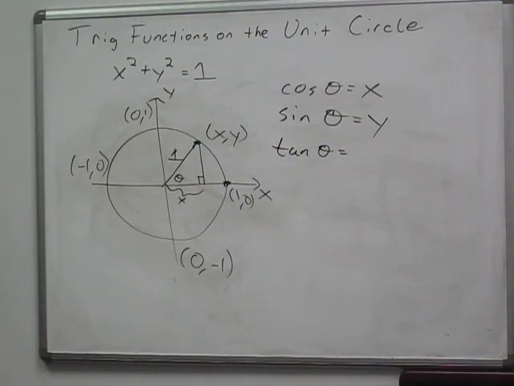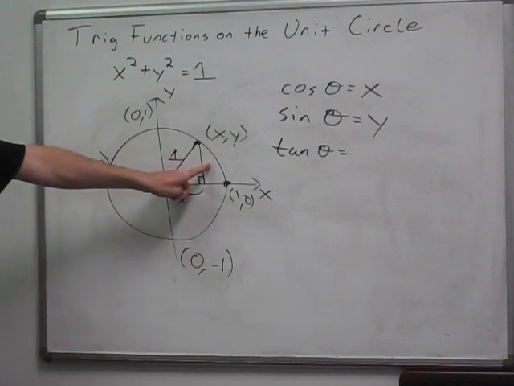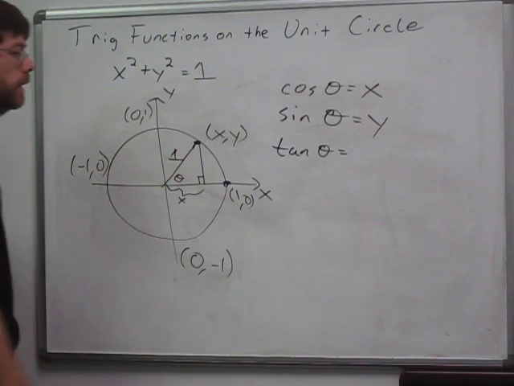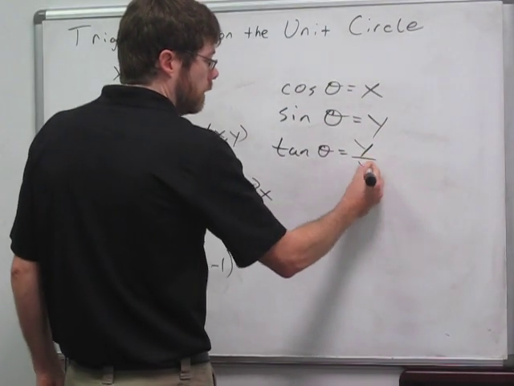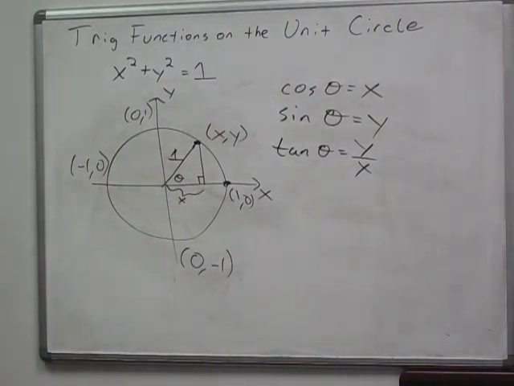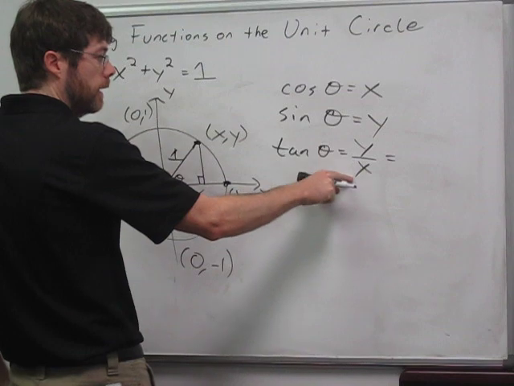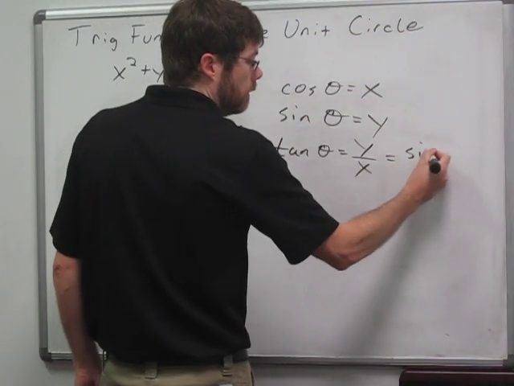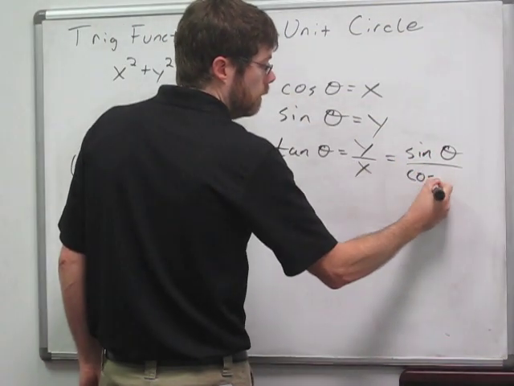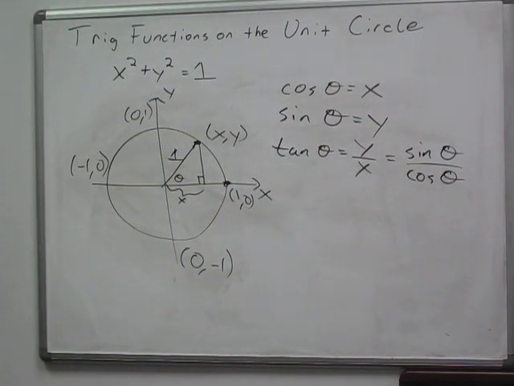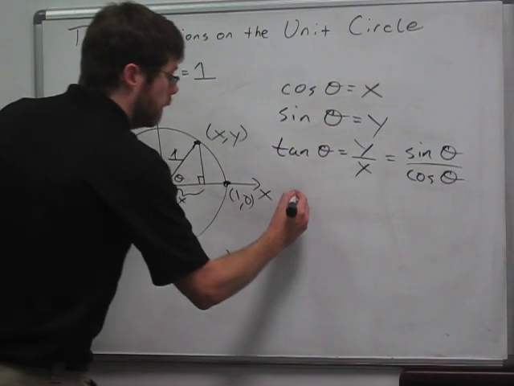Tangent of theta is the opposite over the adjacent. The opposite is the y coordinate. The adjacent is the x coordinate. So tangent of theta is y over x. And we see an identity there immediately. Y is the sine of theta, x is cosine theta. So we can also think of tangent theta as sine theta over cosine theta. So these are the 3 main trig functions. The other ones,